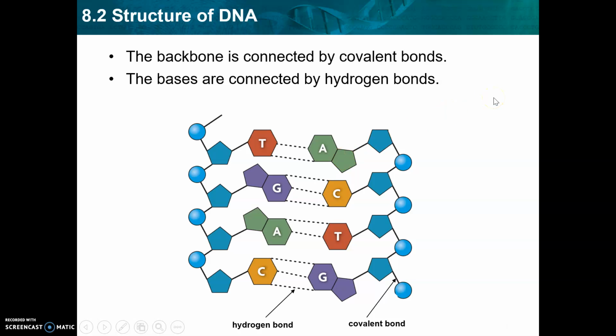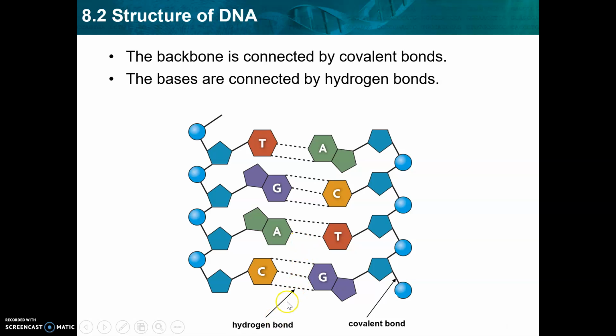And notice that we have two different kinds of bonds. The backbone, which would be these two sides, right? There's the backbone, there's the other backbone. So it's not one backbone, it's two backbones because it's a double helix. These are all held together by covalent bonds. They're solid lines. The bases, which holds one strand to the other strand, these are dashed lines, which you probably